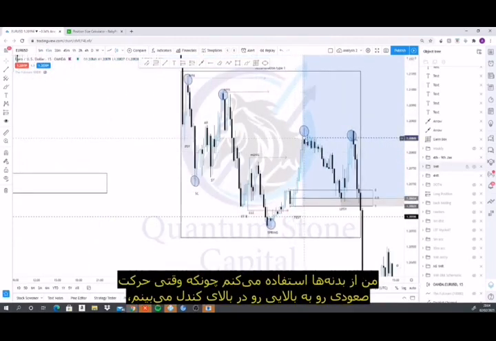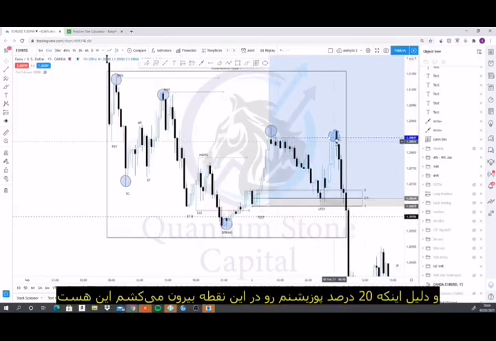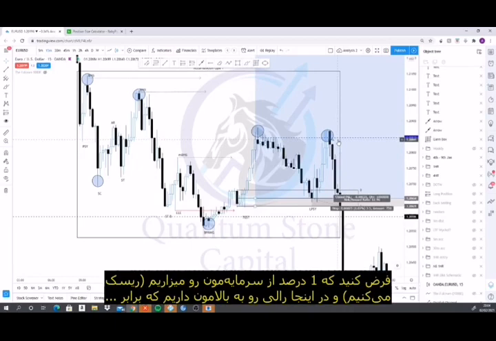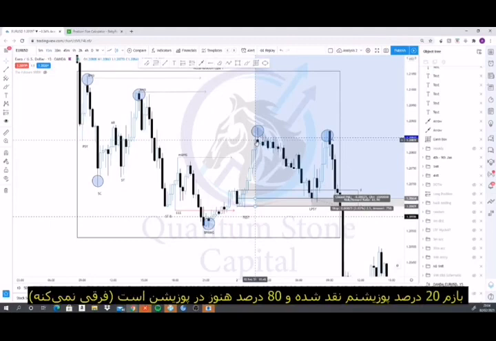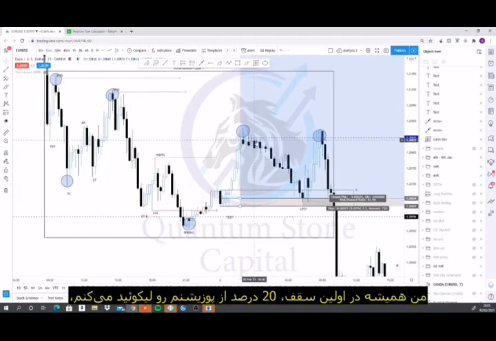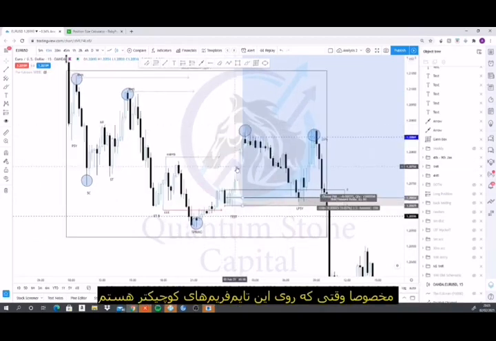And the reason I use the bodies is because a bullish run above the body of a candle could suggest a raid. And the reason I take 20% of my position here is, let's say we risk 1%, and we have this rally up that ideally raids this prior high here. That's 0.2% of my position already banked. If I risk 2%, that's 0.4% banked, with 1.8% still running. So yeah, I always bank 20% upon raiding that first high, especially on these smaller time frames,